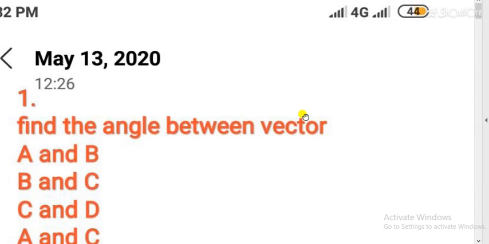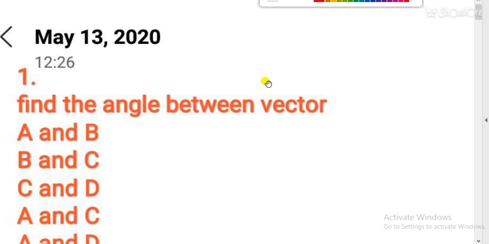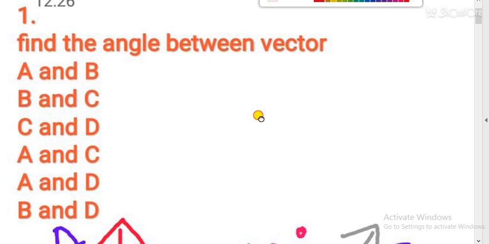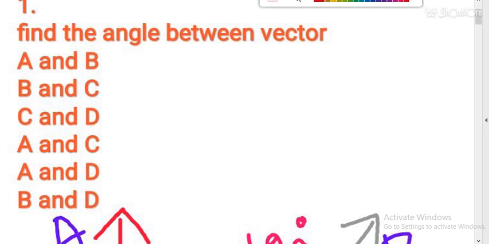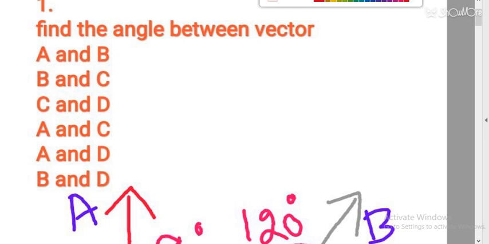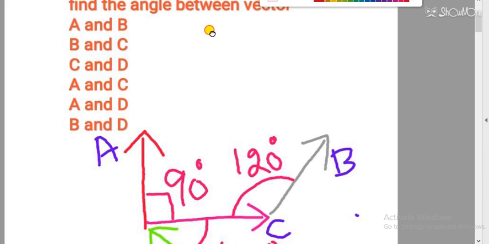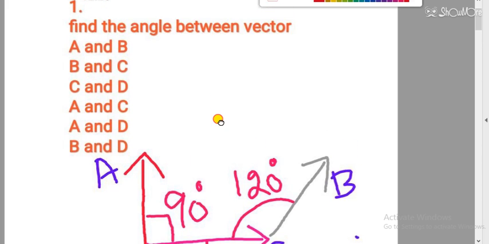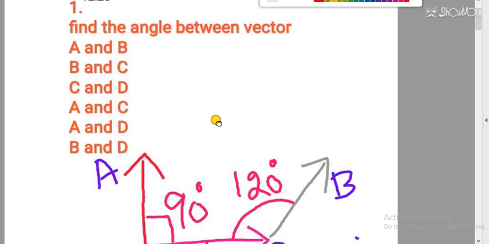In this session, I am going to discuss some questions with you that were given to you on homework, the homework of 30th May, that was yesterday. So I am going to discuss those questions. You can see here, the first question is to find the angle between vector A and B. I am minimizing it so that you can understand it clearly. So I am on the first question to find the angle between vectors.